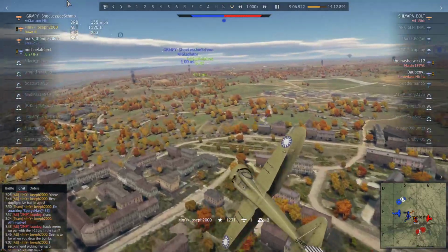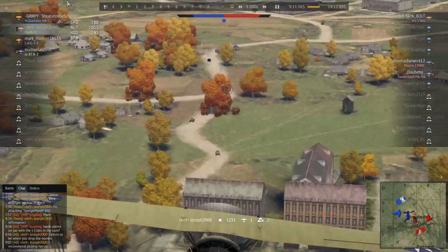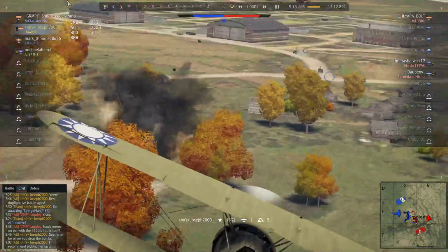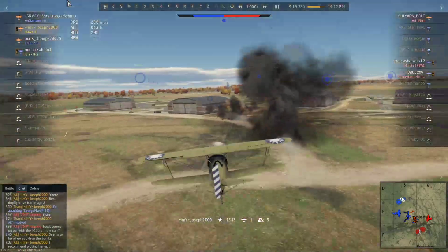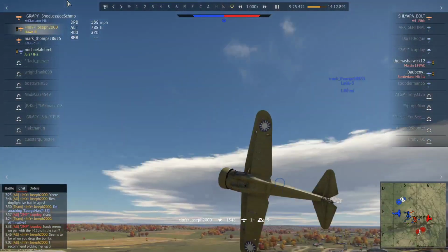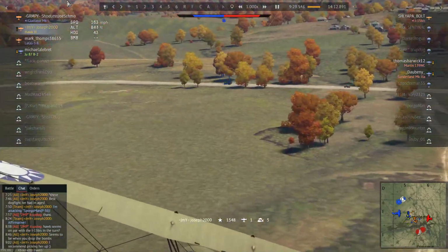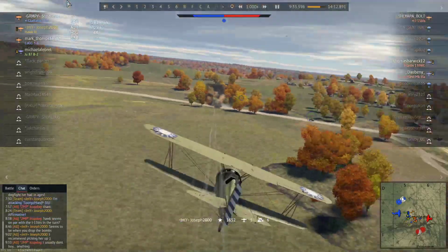I was having a conversation, is what I meant to say, with the pilot of the Chaika, who I beat. He was saying Hawk seems on par with the I-15 Biz in the turn, especially in vertical maneuvers. It seems that this little guy can match it, and it looks like this thing has a wooden airframe, which